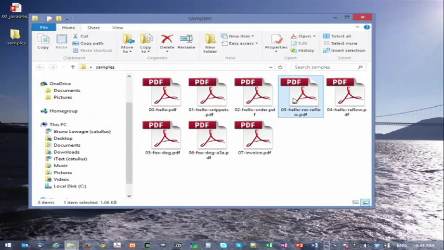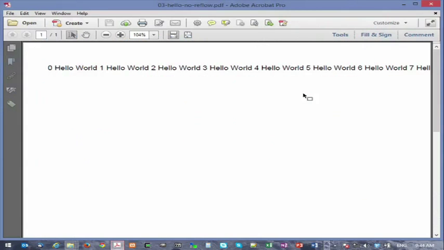Now, a challenge to make a PDF file is how are we going to present data? As everything is positioned at an absolute position, and we want to show a line, so 0 hello world, 1 hello world, 2 hello world. When we create a PDF producer, we have to know where the boundaries of the page are. Here it says 7 hello world, 8 hello world, and so on.